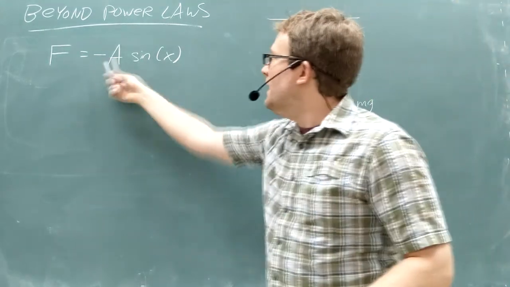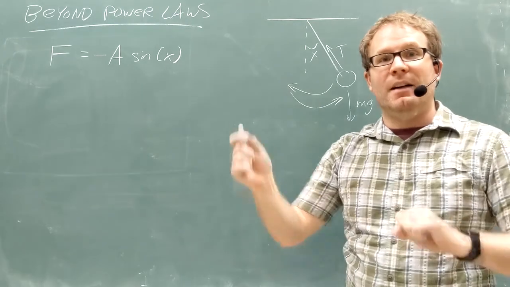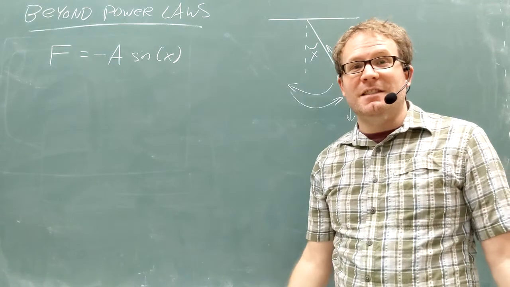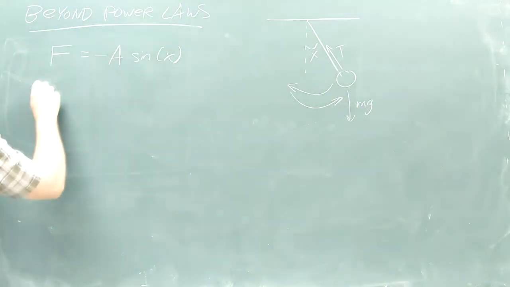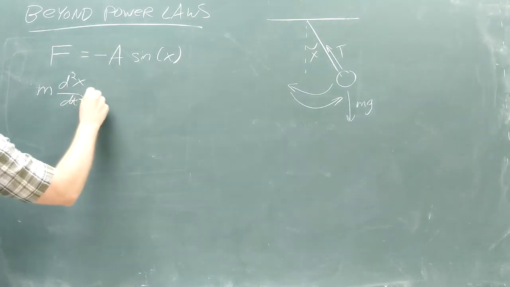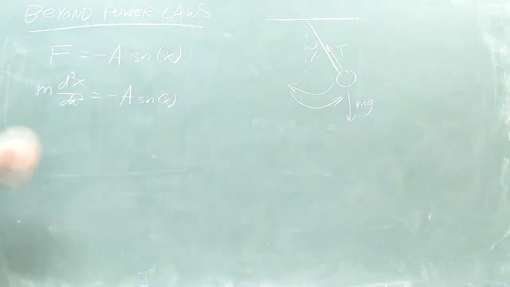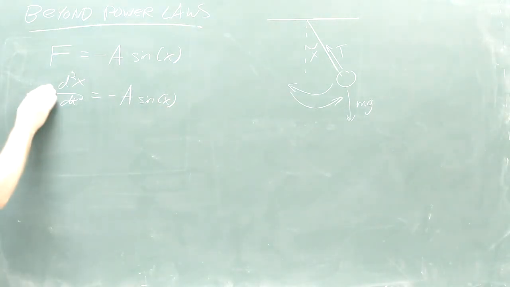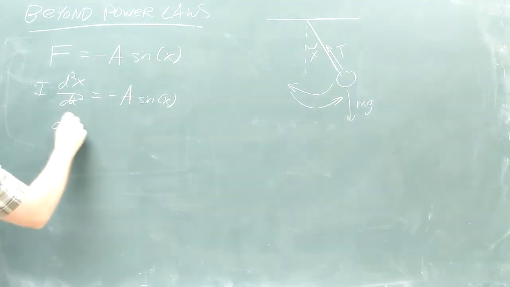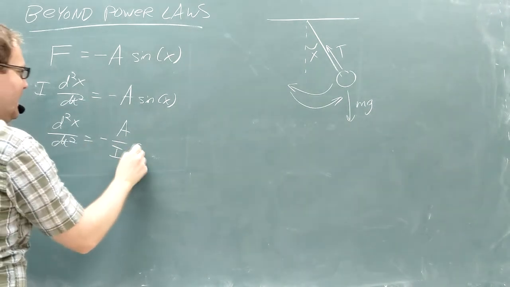Because your force is negative sine x, it's going to be positive in one direction, negative in the other direction, and is always going to pull it back toward equilibrium. But this thing's not a power law, right? I definitely can't solve this. Because if I set this as m times d squared x dt squared equals negative a sine of x, right? So I make this my mass, actually this is going to be the moment of inertia for a pendulum. I could solve this for d squared x dt squared equals negative a over I times